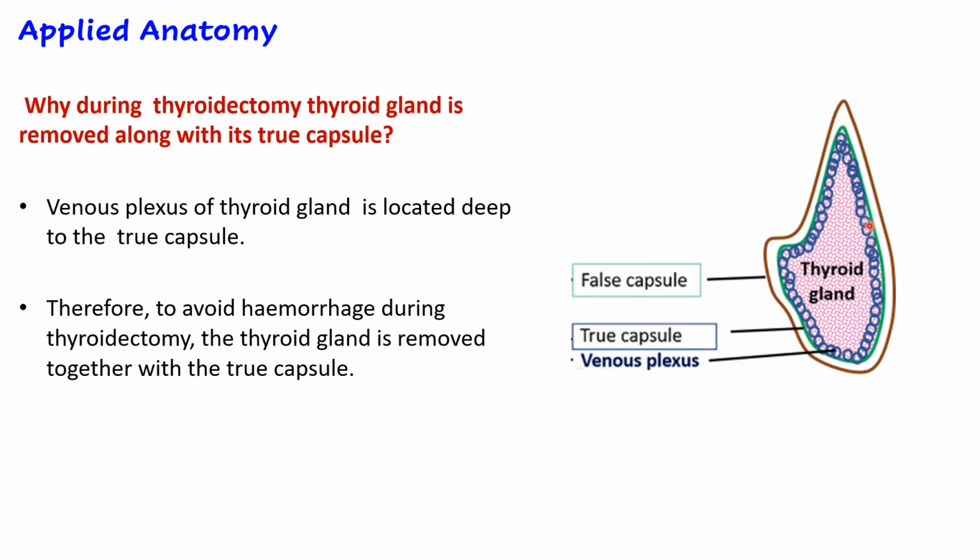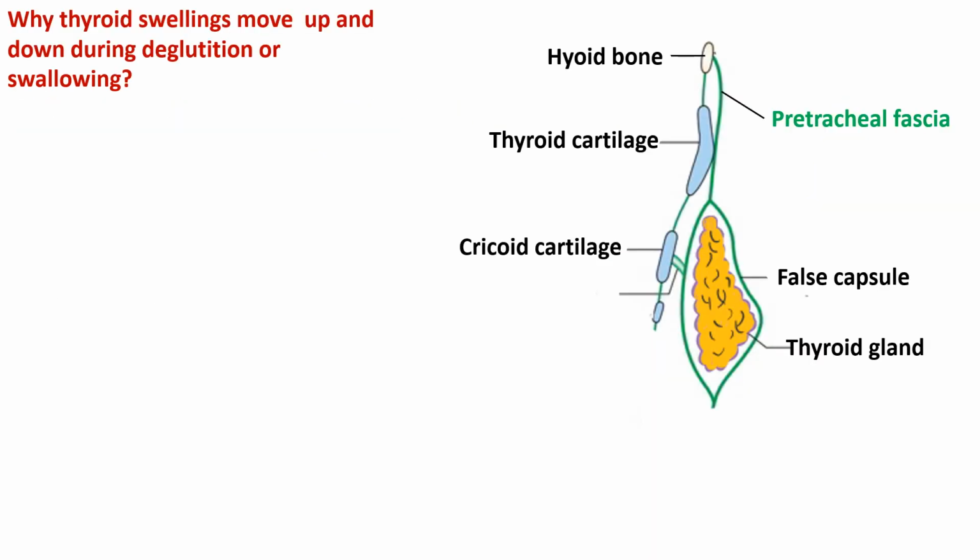Whereas in case of the prostate gland, what will happen? There the true capsule will also be left behind, because the venous plexus will be between the two capsules. So only the parenchyma of the prostate gland will be enucleated or removed, leaving behind the two capsules in the body itself. Another clinical significance related to the false capsule and pretracheal fascia is that it has been observed